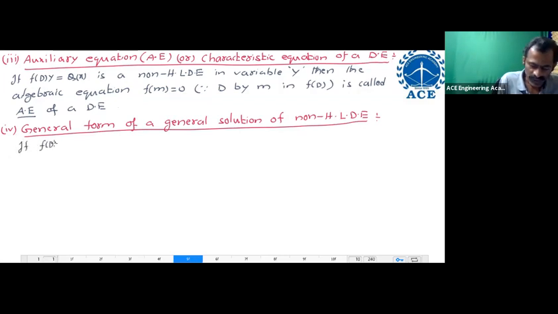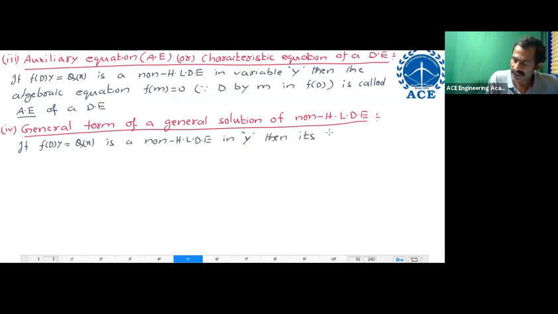If f of D y equal to q of x is a non-homogeneous linear differential equation in y, then its general solution is written as y equal to y suffix c plus y suffix p,